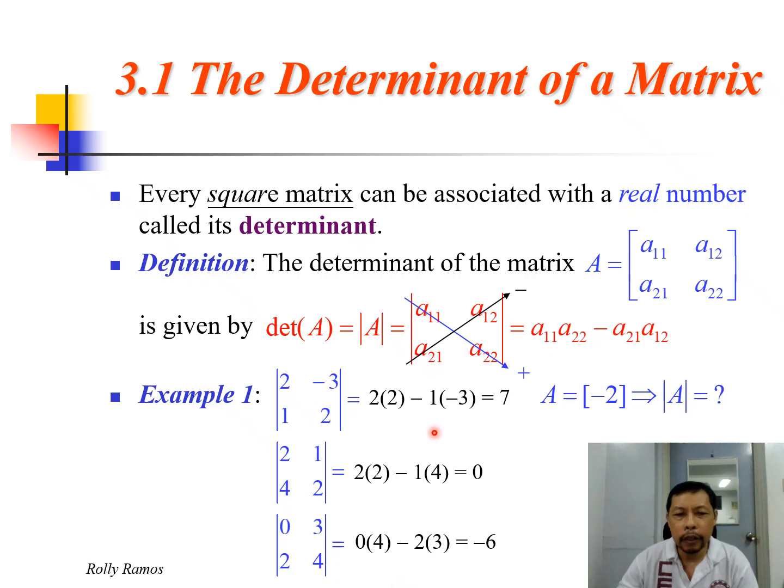How about a 1 by 1 determinant? So we've just discussed an example on how to solve the determinant of a 2 by 2 matrix, or a matrix of order 2. How about a matrix of order 1, or a 1 by 1 matrix? The determinant of a 1 by 1 matrix is the element itself. Since the element of A is negative 2, it follows that the determinant of A is also equal to negative 2. So for a matrix of order 1, the determinant is equal to its element.